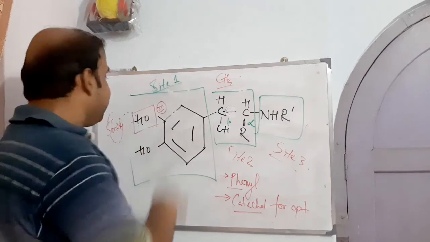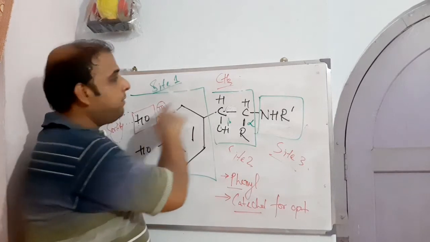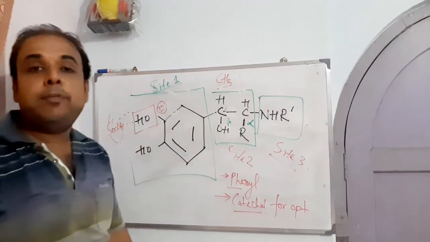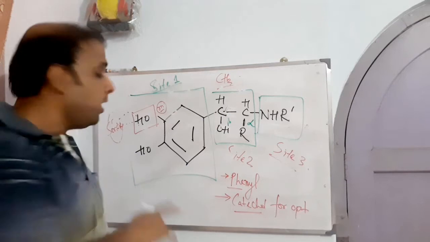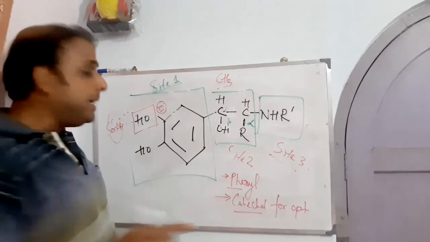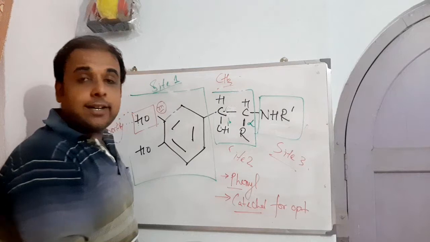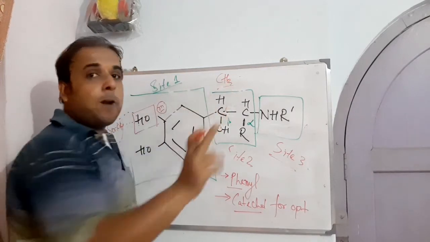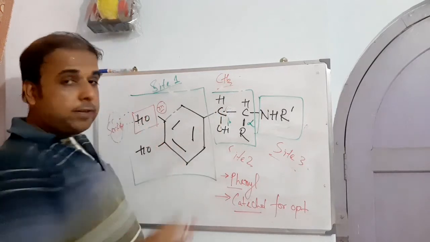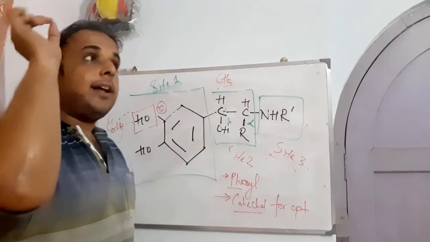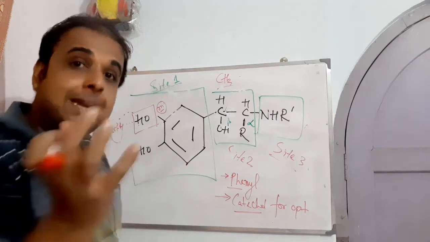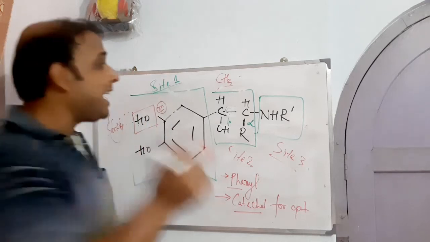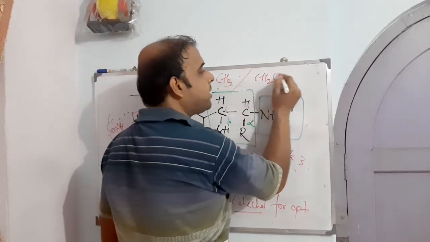Now, instead of hydroxyl, if I introduce methyl, what will happen? No longer can a hydrogen bond be made here. So I start losing one point of contact, and it will be reflected in my biological response. So methyl should not be an ideal substitute for this hydroxyl. I need to search for another fragment which should mimic the chemical as well as the physical profile of this hydroxyl. This can be something like CH2OH.